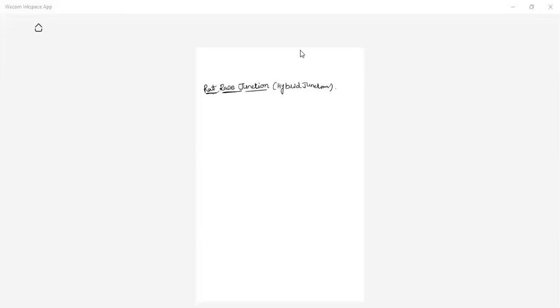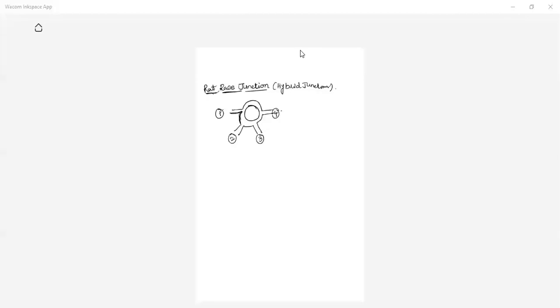First, I'll draw the figure so that you can understand what a rat race junction is. It is of angular ring type. As I mentioned, it is of angular ring type. It has 4 ports. The 4 ports are something like this. So let us consider this is port 1, this is port 2, this is port 3, and this is port